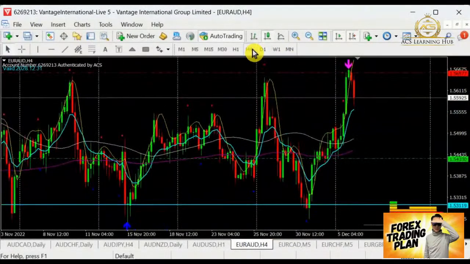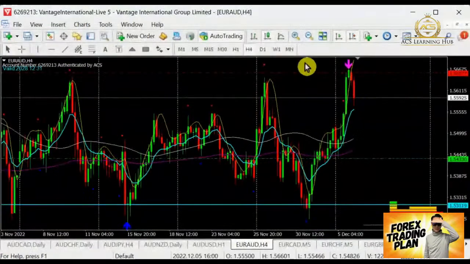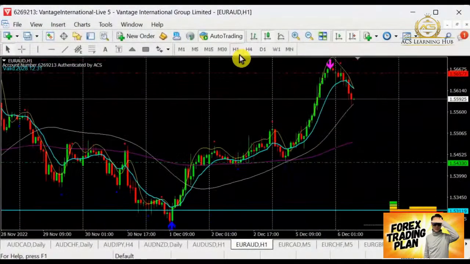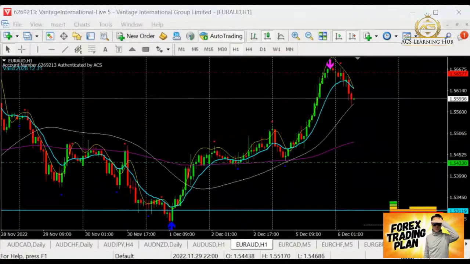So in this case, right now after meeting the resistance, it started to stop off, and now I'm looking out for another round of a structure to form a bear so that I can start selling. Okay, so for Euro Aussie, yes, we can pay attention to that today. Euro Aussie, yep, and next to go, Euro CAD.